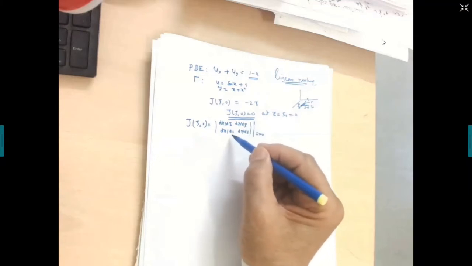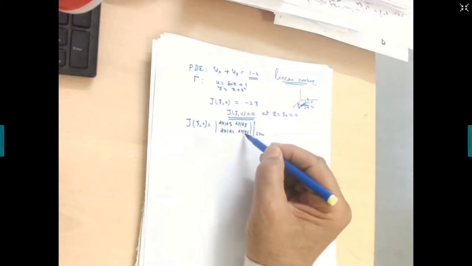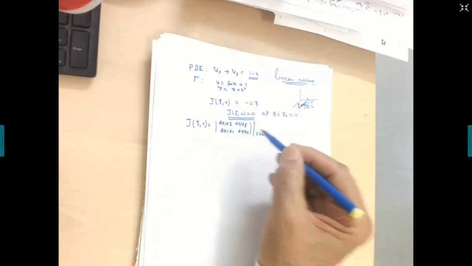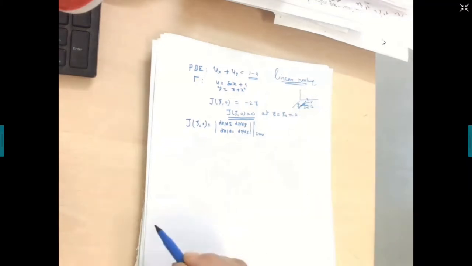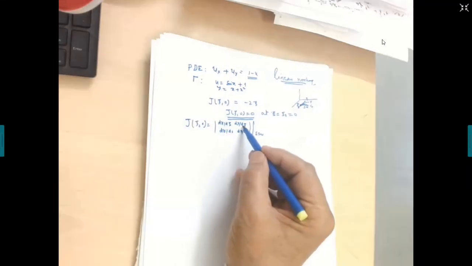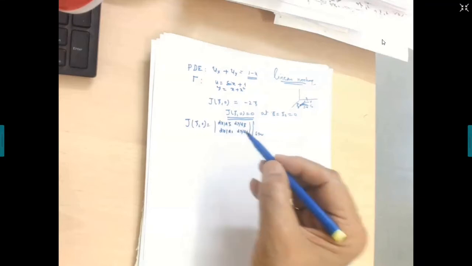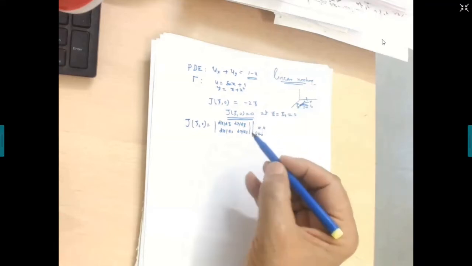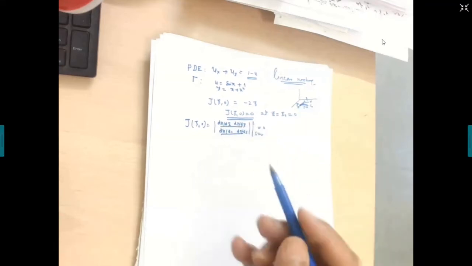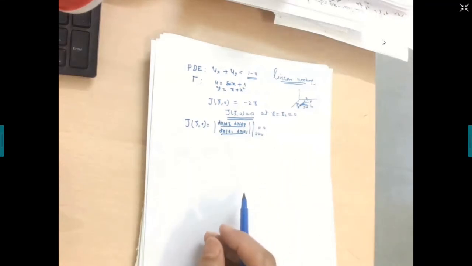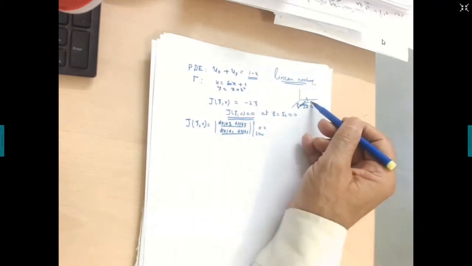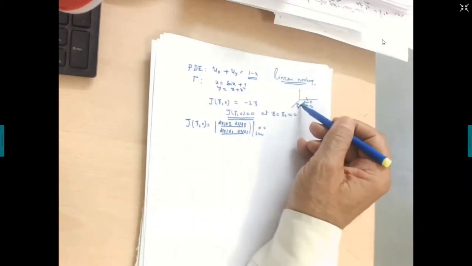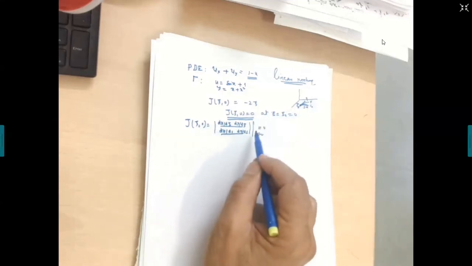These two entities, dx/ds and dy/ds, are the components of the tangent to the characteristic curve at this point P naught. What are dx, dy, dz? These are the components of the tangent vector to gamma at this point. If the determinant is equal to 0, what does it mean? These two vectors are not linearly independent. They are parallel as a matter of fact. It means that gamma is tangent to C naught at this point P. This is the geometrical interpretation of the vanishing of the Jacobian.